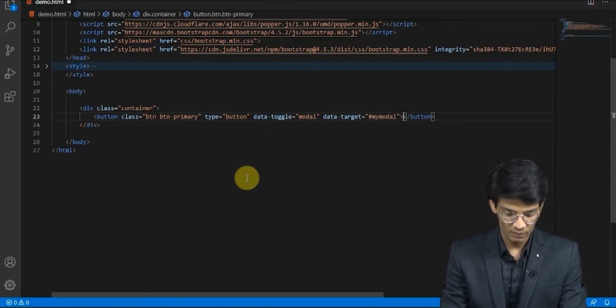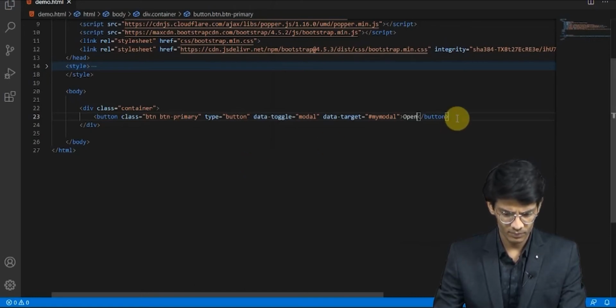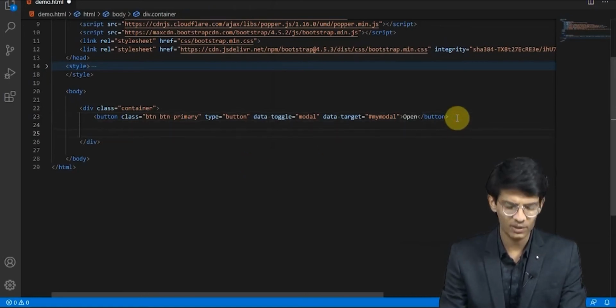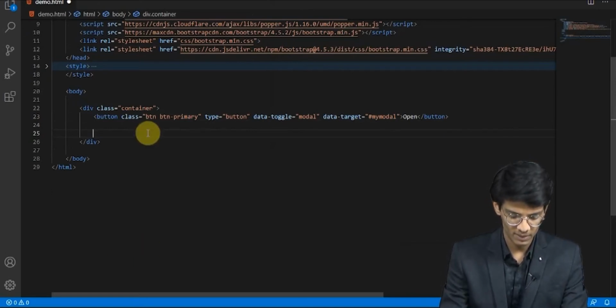So we will take this as open. Okay, so now this was the button which will trigger the modal. So now we will be making the modal.